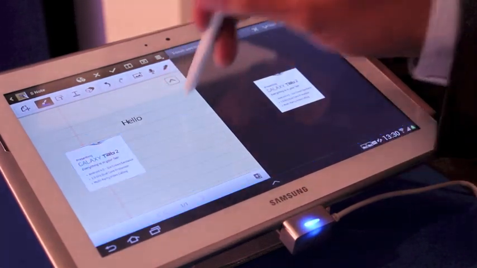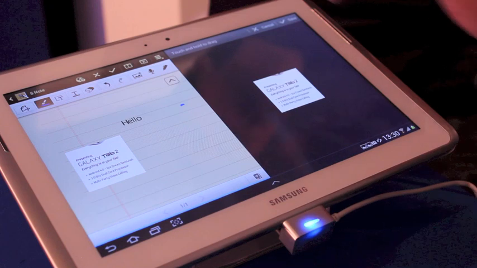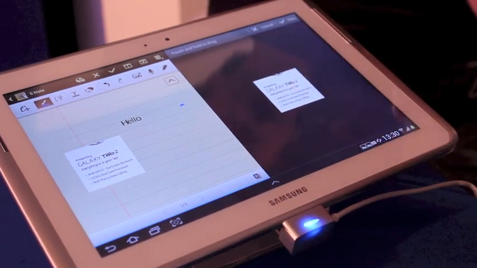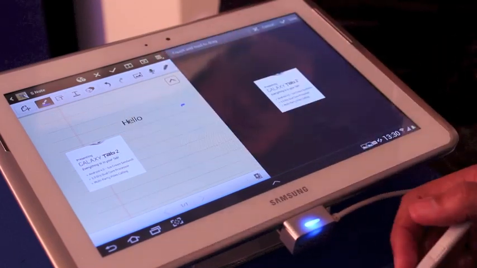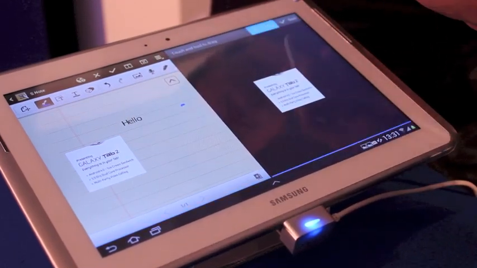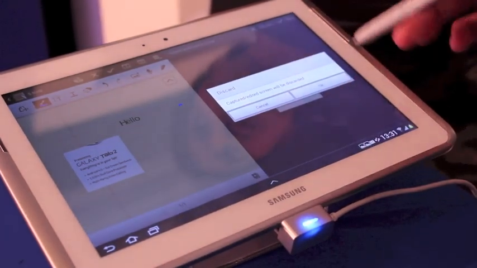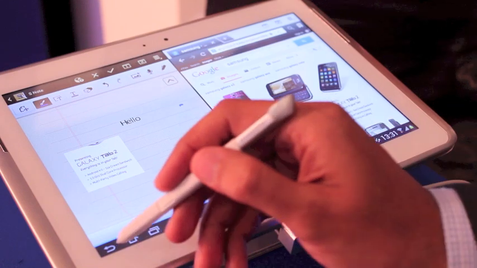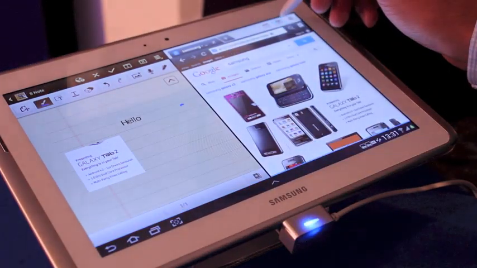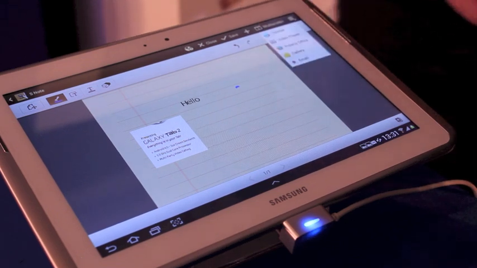Wow. So the image can be put from, let's say, from the web page, or from the gallery, and then you can put it here, right? So this is a very, very powerful split screen feature. Is a very powerful feature. Oh yes, you can do that. Oh, good you told me.